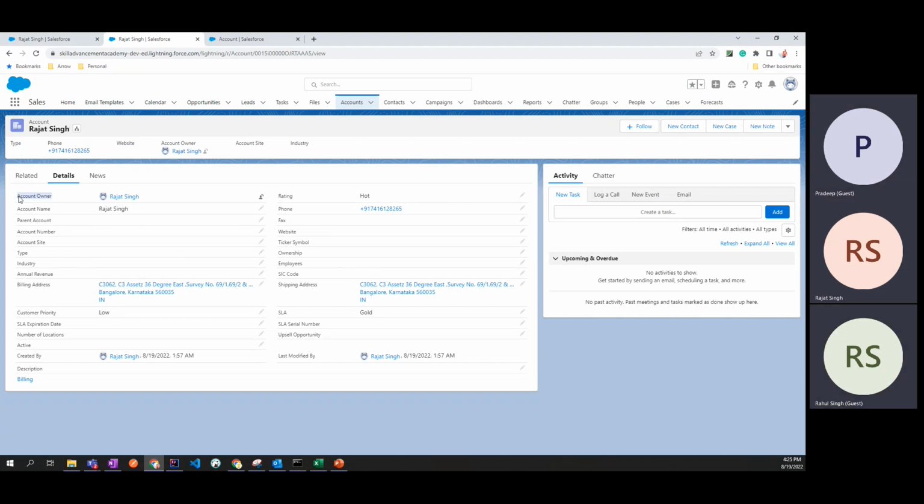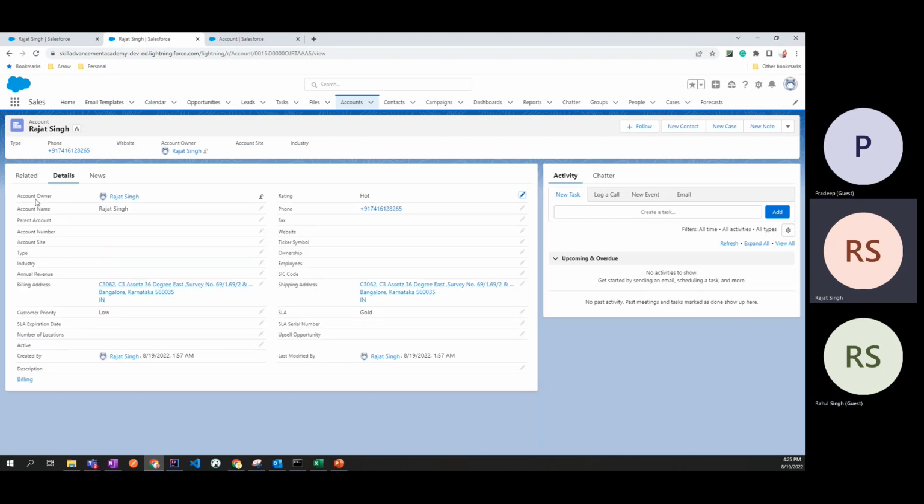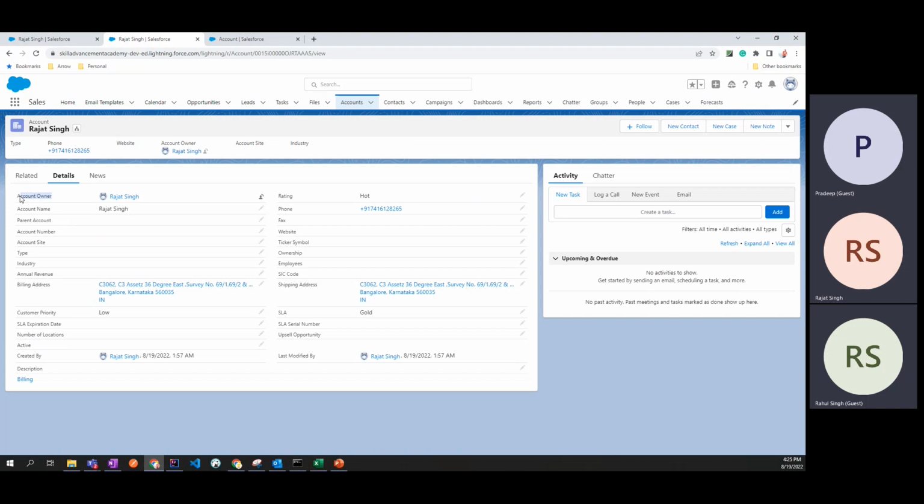You want account owner, right? After that there is rating, but these details you don't want to see. Some details only you want to see. Suppose there is this account owner, and then rating is coming, but what you want is that after account owner, parent account should come. When you are managing records, some things you want to see on the top, because you will be dealing with more records. For that kind of thing, you can go into